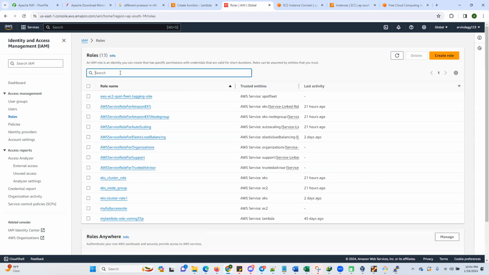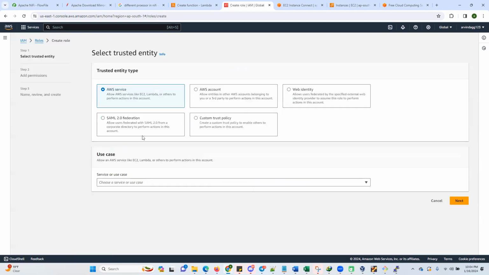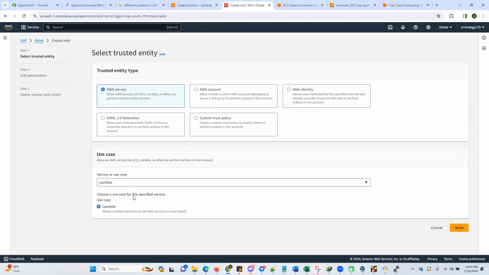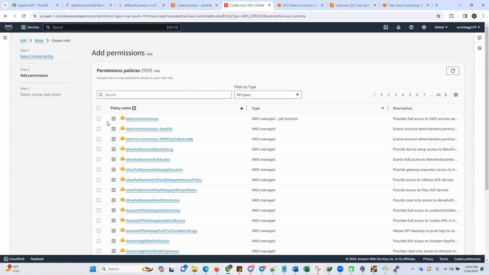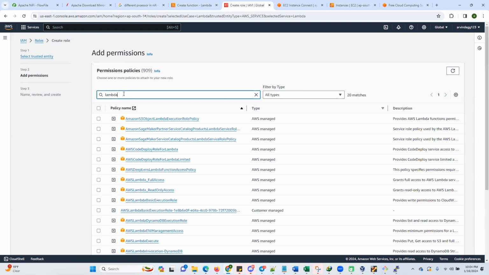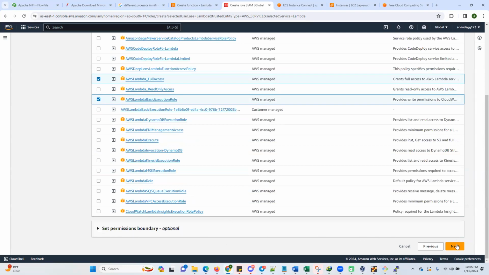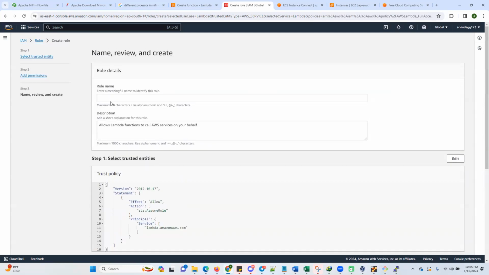So I will create some role. A role is basically where we assign some permissions. I want to assign it to the Lambda AWS service, so I create a role for that. For this particular role there is a Lambda execution role, Lambda full access, and Lambda basic execution role. These kinds of roles are used for executing any Lambda function. Once we create the role and the role name,